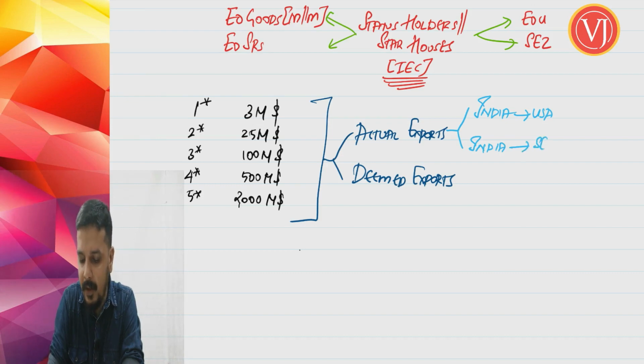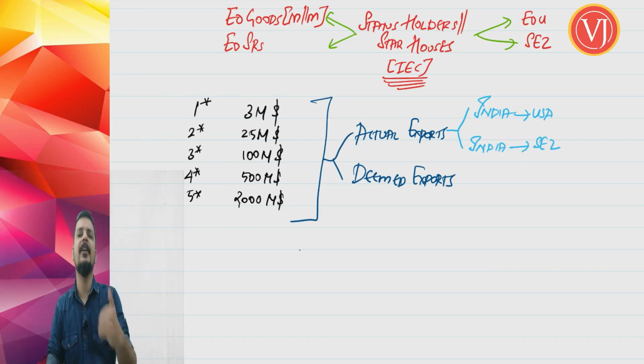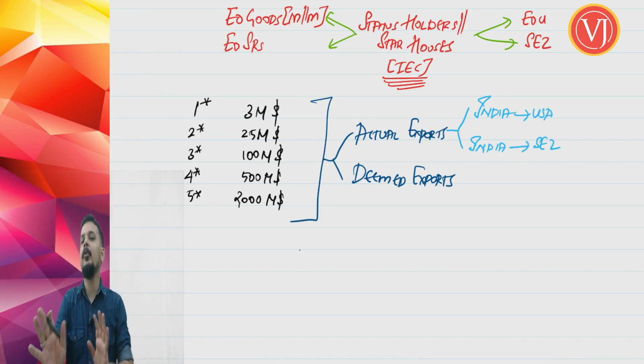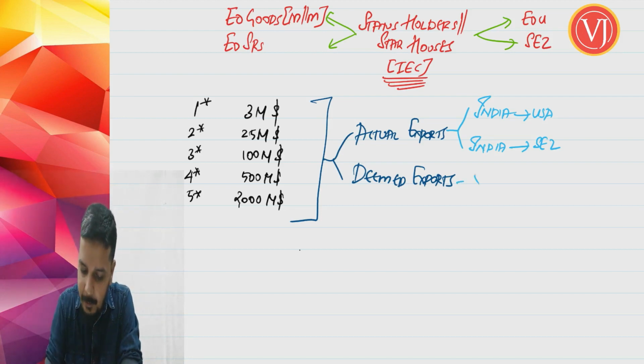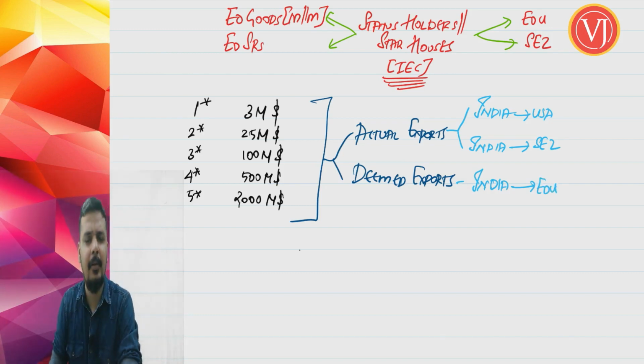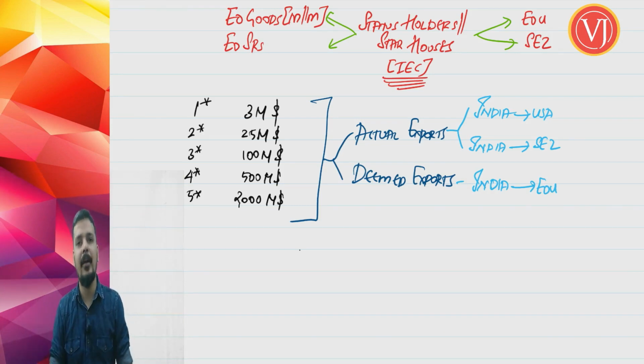For all the export benefits, India to special economic zone is treated as export. And if it is about export duty, India to special economic zone is not treated as export. That we have discussed long back as the Supreme Court judgment Tirupati Udyog, in your customs. A deemed export example is India to your 100% export oriented unit. We are going to discuss deemed exports in your foreign trade policy as the last subtopic, and I have already discussed it in your GST.